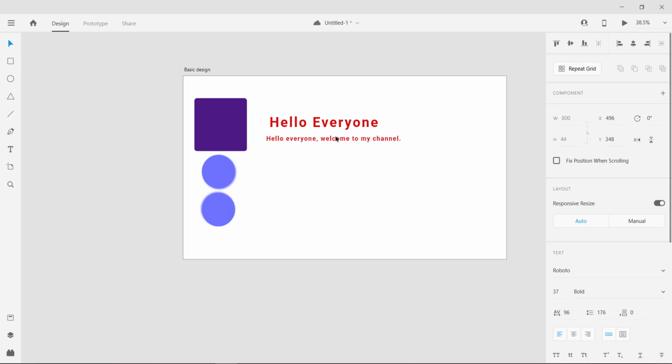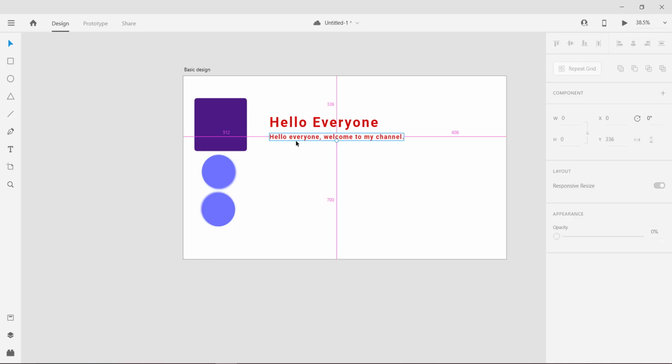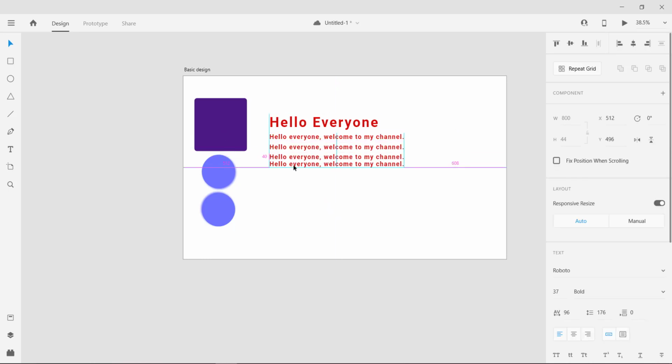We can rotate the text using this option, or from the properties here we can flip the text and change it to any direction. We can change the position of the text simply from here. Let's duplicate it. Let's duplicate it using Alt,